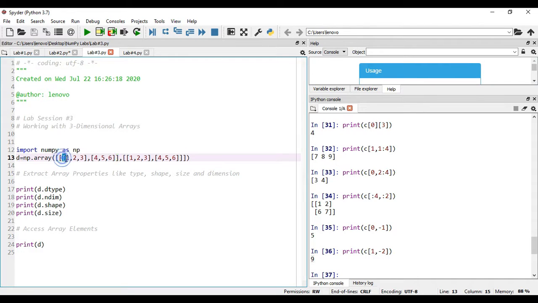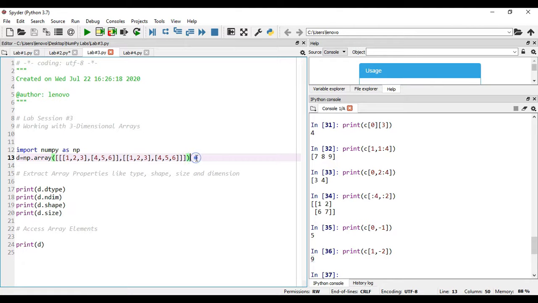Remember, the elements in the first square brackets are the one-dimensional, means 1 2 3, or otherwise 4 5 6. And the two-dimensional means this particular area. In this case it is 1 2 3 and 4 5 6, and in this case also it is 1 2 3 and 4 5 6, and the final square bracket will represent the third dimension.